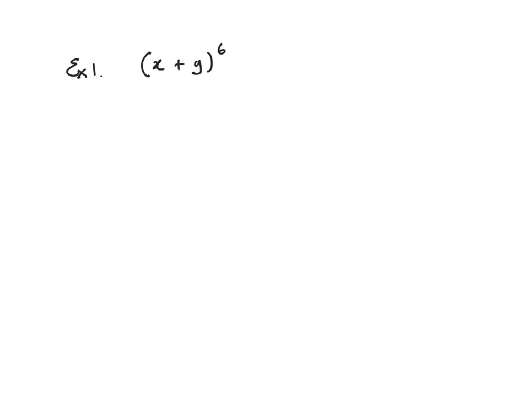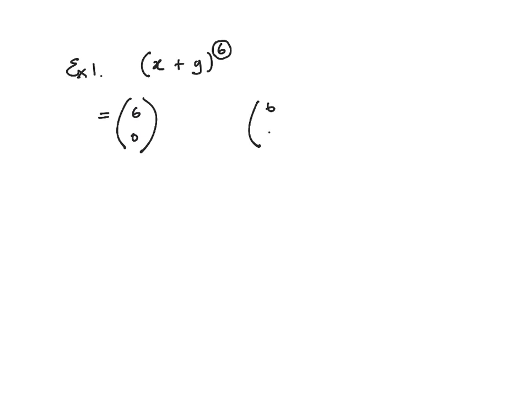Now that we know about the binomial coefficients, we're going to proceed to expand our first bracket, x plus y to the power of 6. The first thing then is, what are the coefficients going to be? The power of the bracket is 6, so we're going to start off with 6 choose 0,